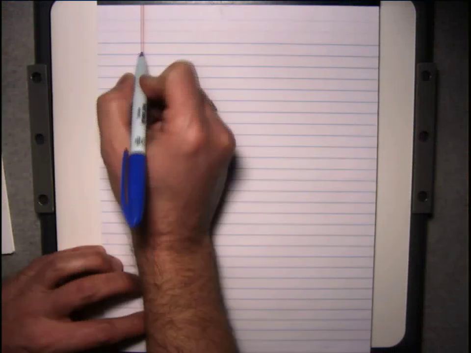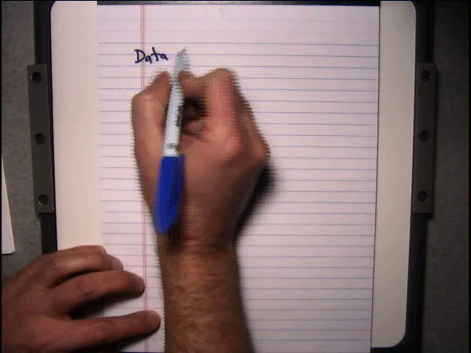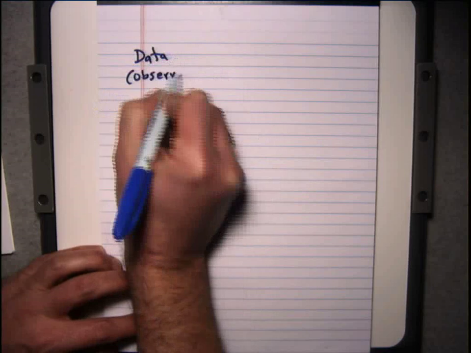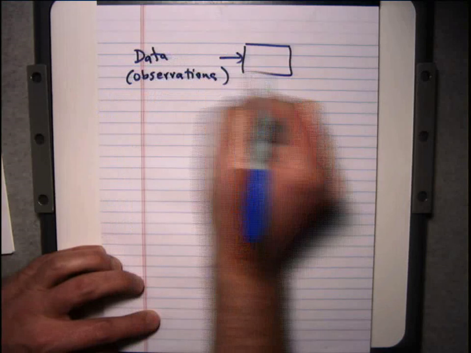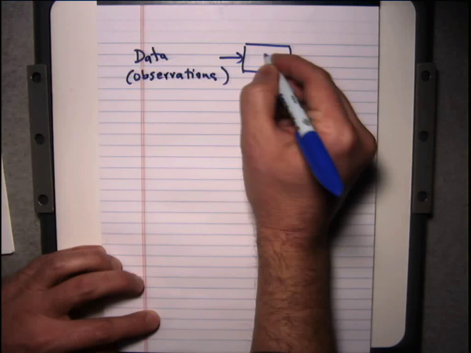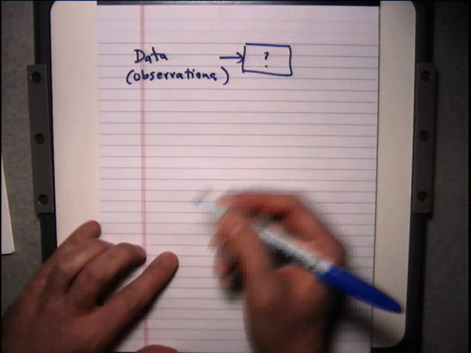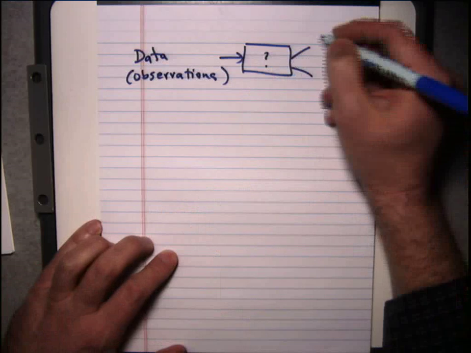So the point, generally speaking, is that what we're going to do in this class is to see what happens when we take a bunch of data, and another way to think of this is these are observations, okay, and we put them through some box. Okay, for now we don't know what's in this box, and what we're going to do is get two things out of this. One is to make a decision.